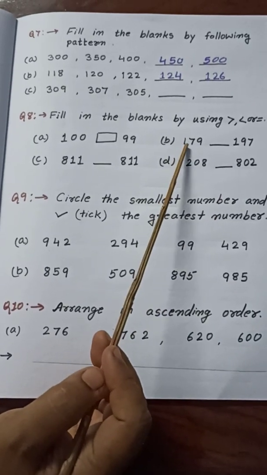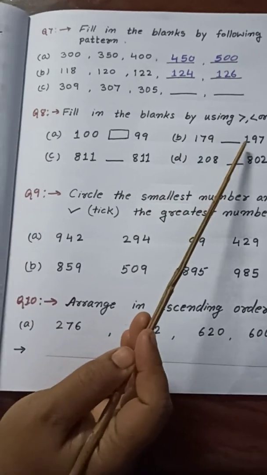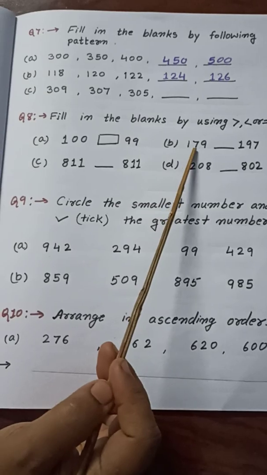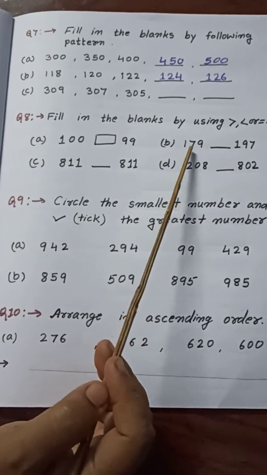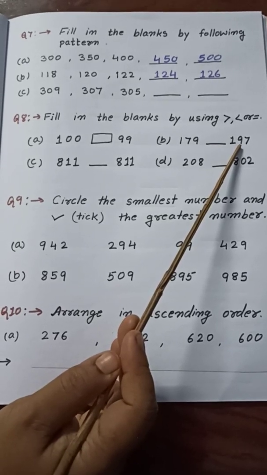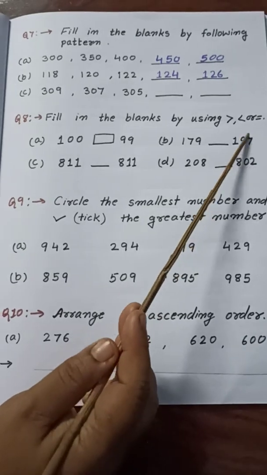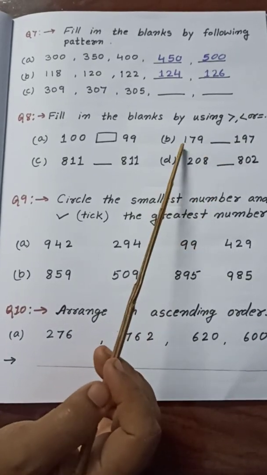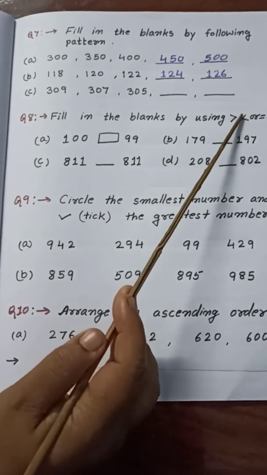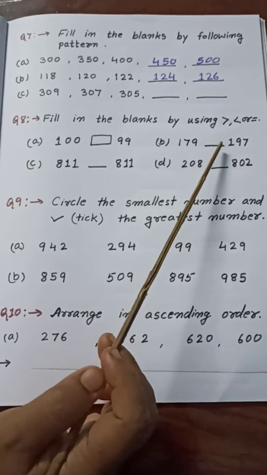Then in the second step we will see the 100 place. In the 100 place also the number is the same. Here is 1, here is 1. Now what do we do? We see the tens place. Look here. In the tens place it is 7 and here is 9. So children, which number is greater? 9. So we write here 197 is greater than 179. So again I am telling you, we keep the open mouth in front of the bigger number, right?